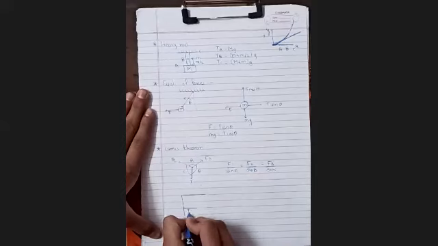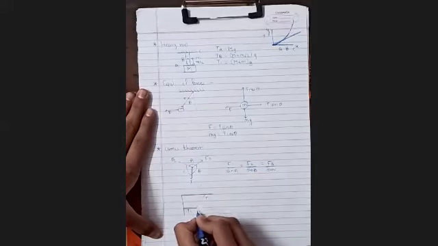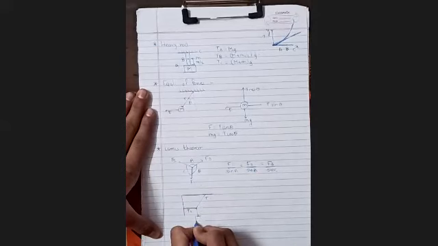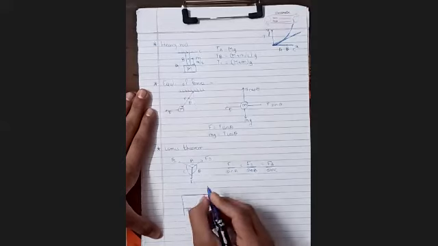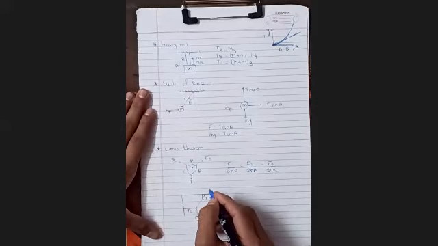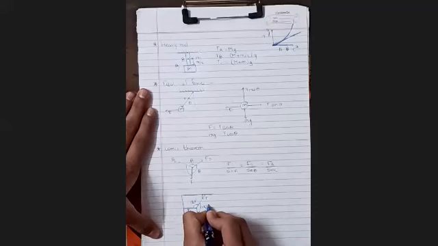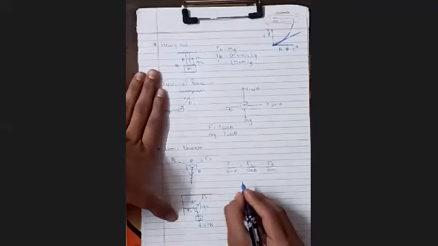This is the T2 string, this is the T1 string, and there is a 4 kg block. It will apply 40 Newton force downward, and these angles are given. This angle is 120 degrees, this angle is 150 degrees, and this angle is 90. So we have to find the tension in the T1 string and in the T2 string.